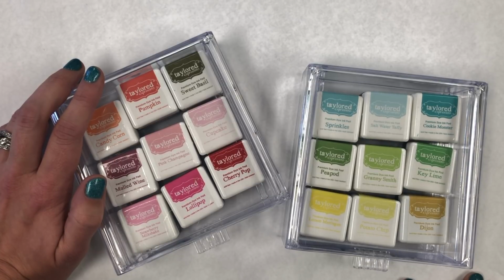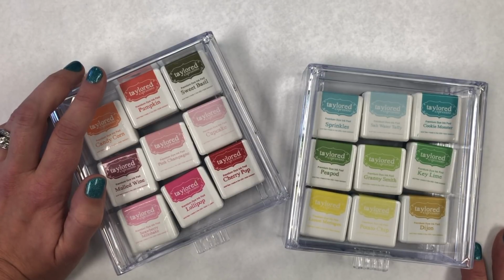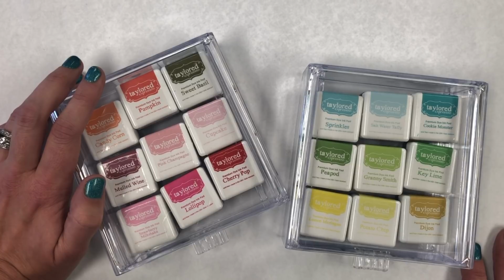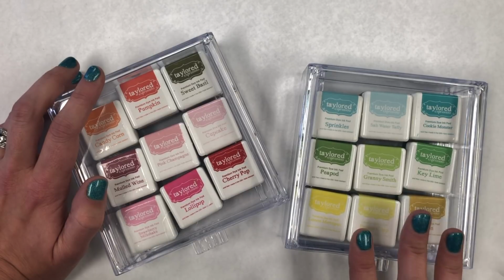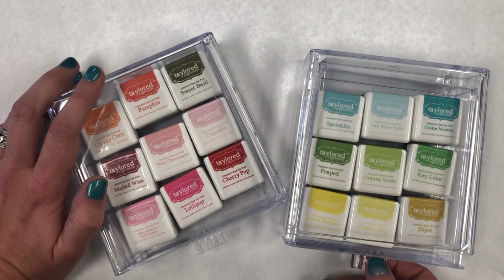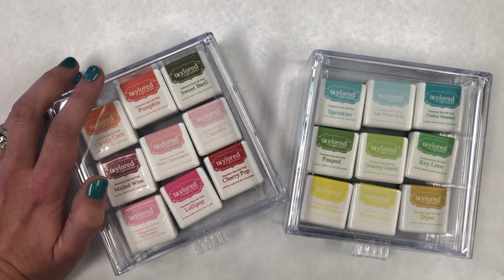So specifically our ink, Tailored Expressions ink, and I know there are a ton of inks out there and you have a lot of choices, and it's often hard to tell just by clicking on the item online to figure out what's special about this particular ink and why should I buy Tailored Expressions ink. So I wanted to take a little bit to talk to you about our ink. And then if you stay tuned in all the way to the end, you will find out about a really special promotion that we have going starting today that includes a free drawer with the purchase of our inks. So I'm going to go over that at the end, but first I want to tell you a little bit